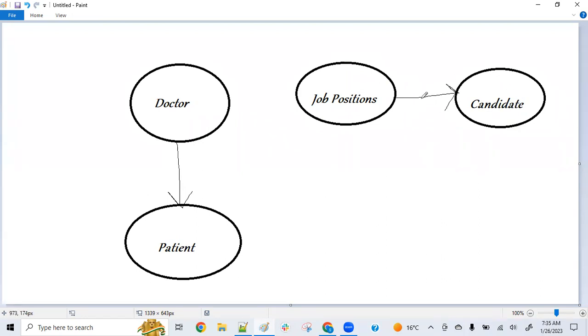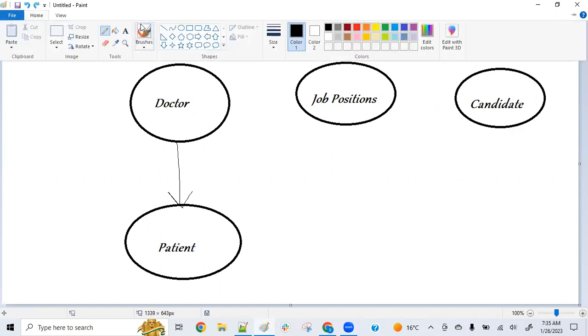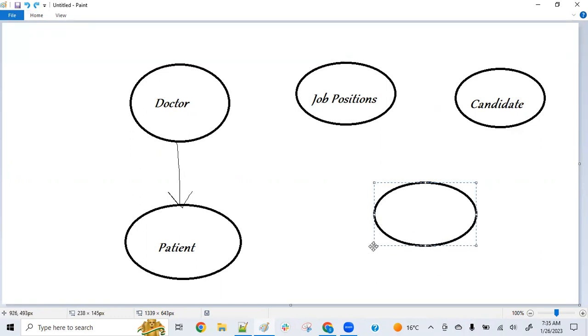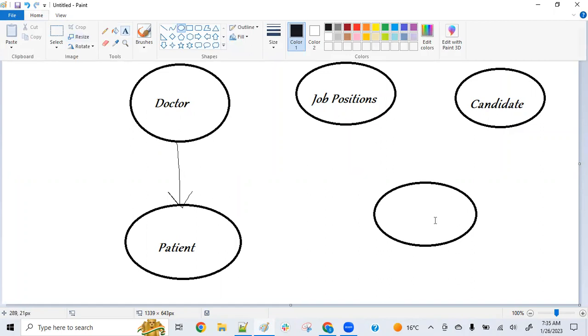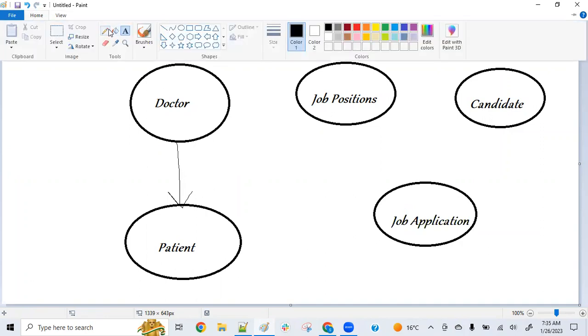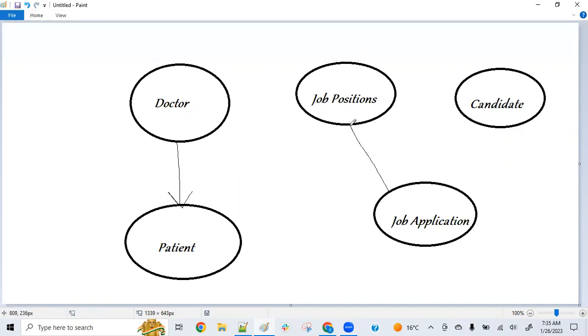So in this case, we can create another object called a junction object. Another object we can create is a job application. Then what you have to do is create a relationship between job position and job application as a master detail. And you can also create a relationship between candidate and job application as a master detail relationship, right? Then this will become